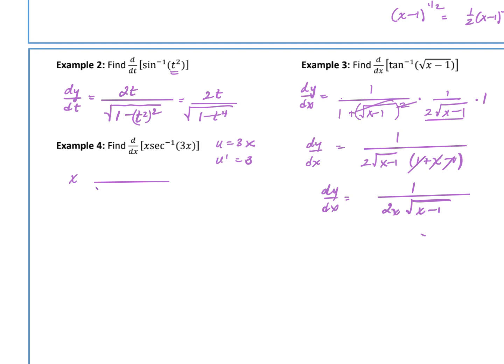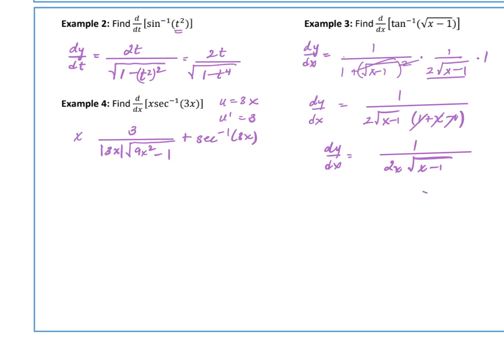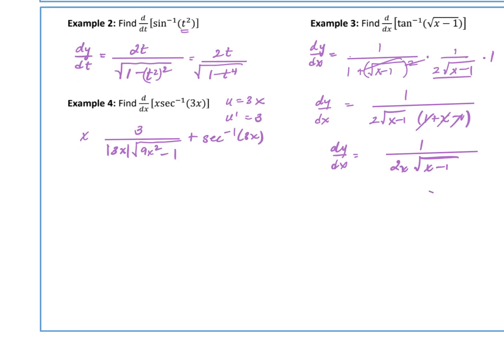So we're going to get, so it's 3. So I'm going to do u prime over the absolute value of u, and then the square root of u squared, so 9x squared, and then minus 1. So first or the second plus the second, so secant negative 1 of 3x times the derivative of the first, which is just 1. So we can rewrite our answer as, so we'll say dy/dx